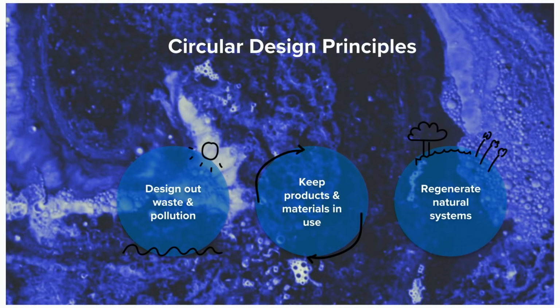And we'll talk a bit more about that later in the session. But one great example is to, from the outset, think about your material flows: where do they travel after use, and how do they come back? So you want to make sure that you're not just dealing with waste when it arises, but from the outset, design it out. Keeping products and materials in use.